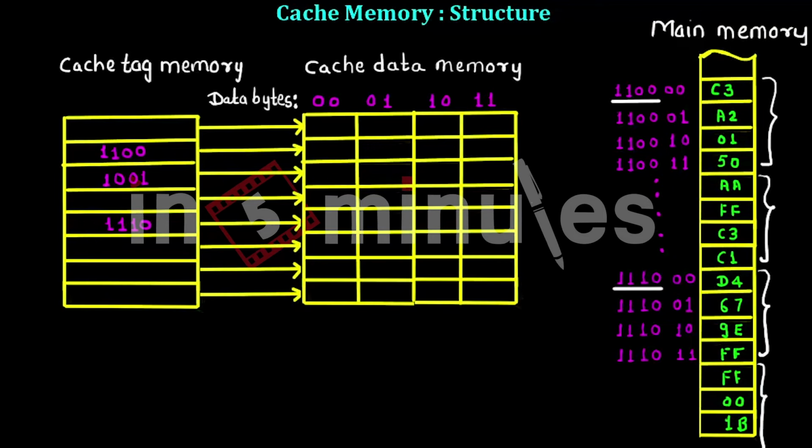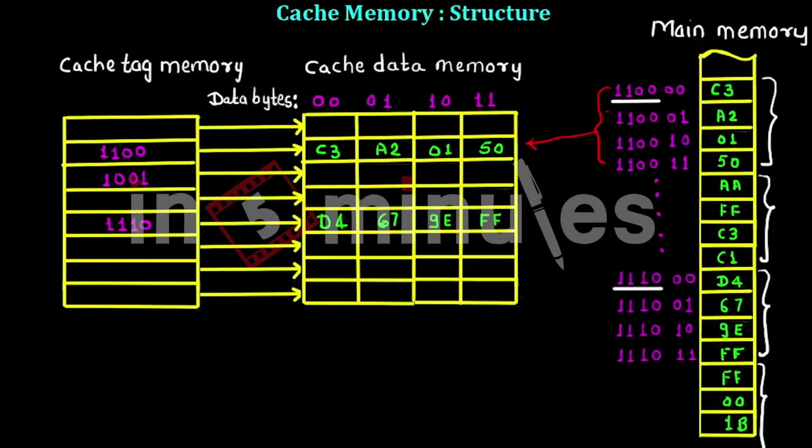They are going to address each column. So in this way, the first block from the main memory is placed inside the cache memory. The cache tag memory contains the block address, and each column is going to refer to an individual word inside that block. Let's put the second block as well. So basically we have the 2 blocks present in the cache data memory. The cache tag memory contains the addresses of these blocks.